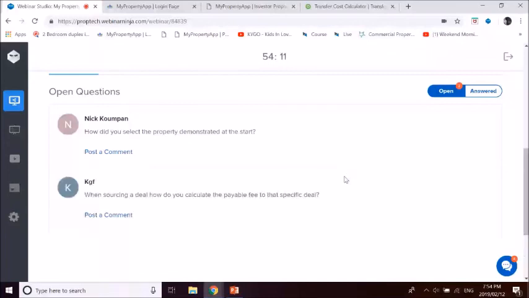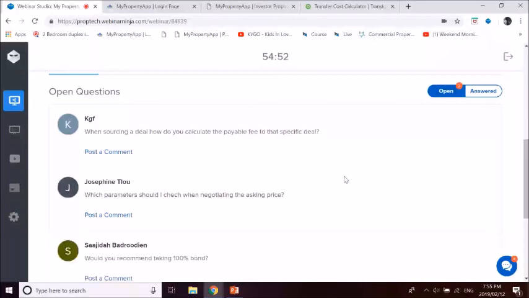But Seko asks, when sourcing, is there an acceptable fee? Always very hard to answer, because you can charge a sourcing fee as long as the deal is great. If the deal is fantastic, you can charge a bigger fee. So my recommendation is always to take a percentage of the profit. If the profit is 100,000 rand, I might then take 10% of that and allocate that as a fee to myself. That's not a rule, that's just the way I like to do it. Again, if the deal is very profitable, then you can charge a bigger fee.